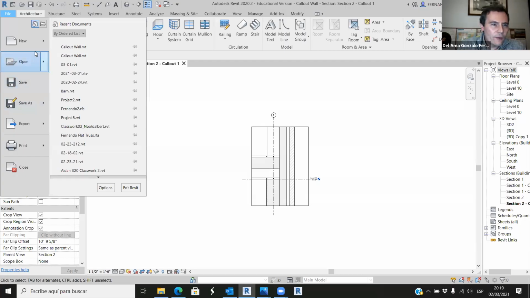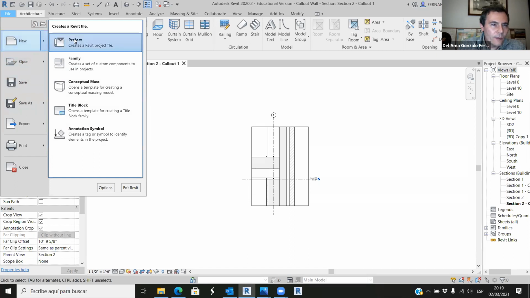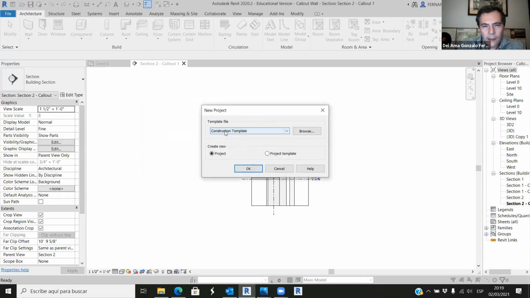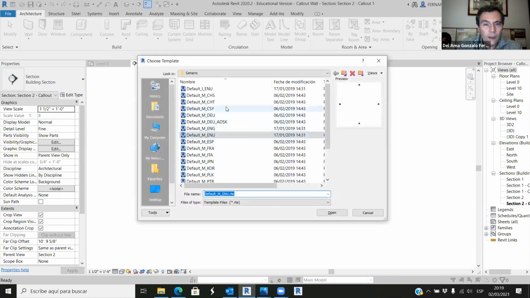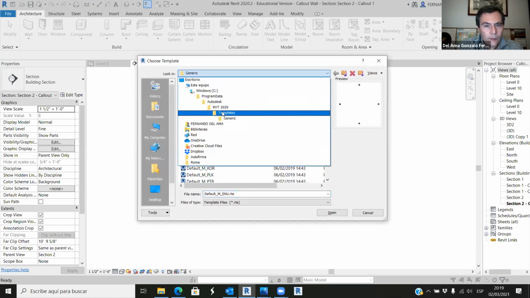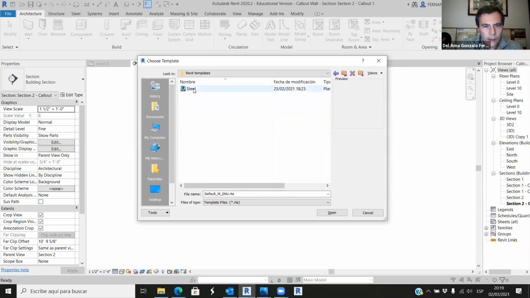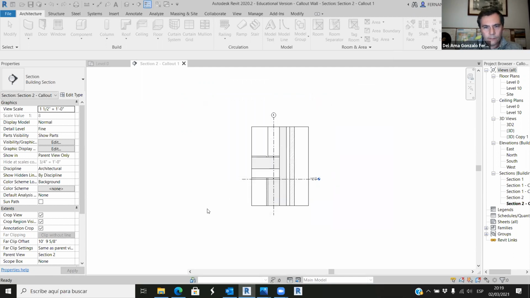So remember that you have to open a new file, a new project. And here, instead of using the default construction or structural or architectural template, we have already created a template. So we have to browse, let's see, Dropbox, courses, Spring 20, Revit templates, that one. Okay, so we're going to start using the same template we used last time. We open this, open the new project,